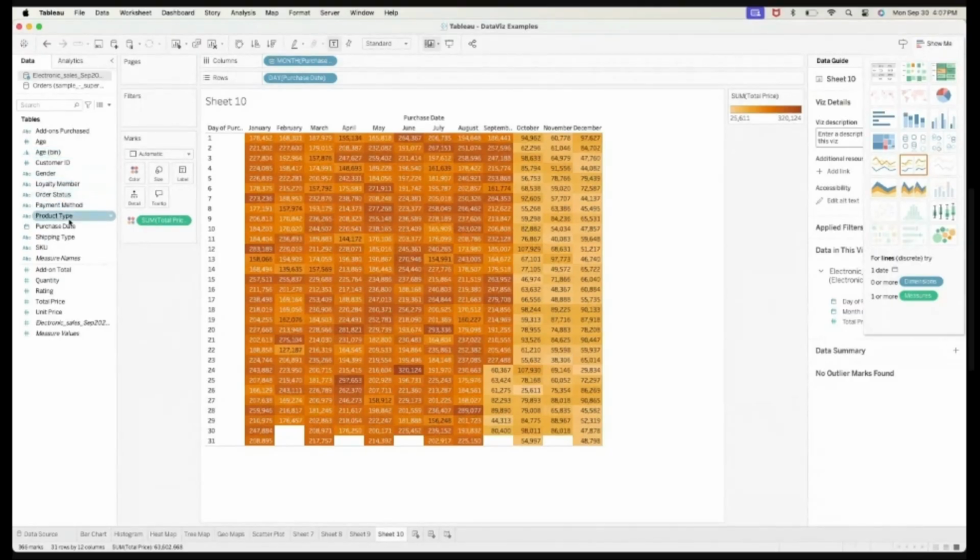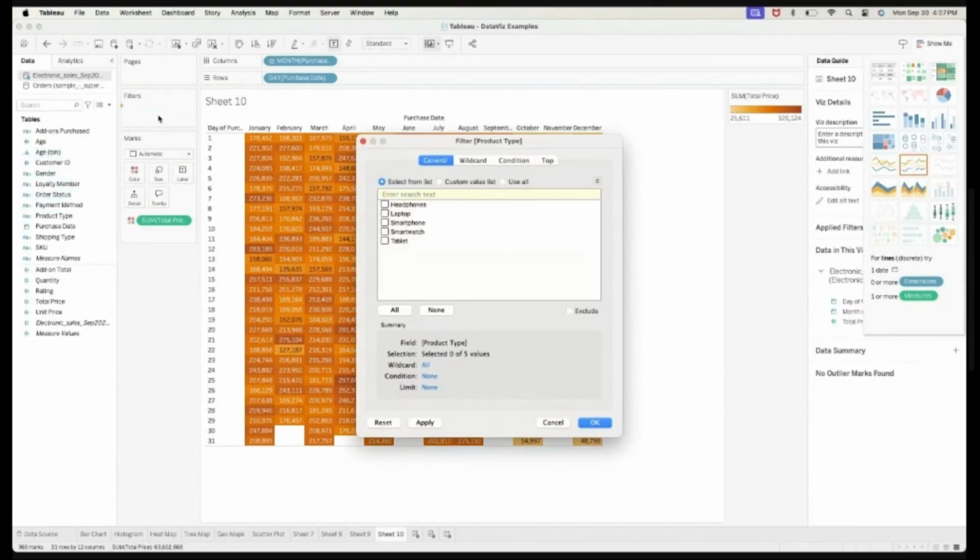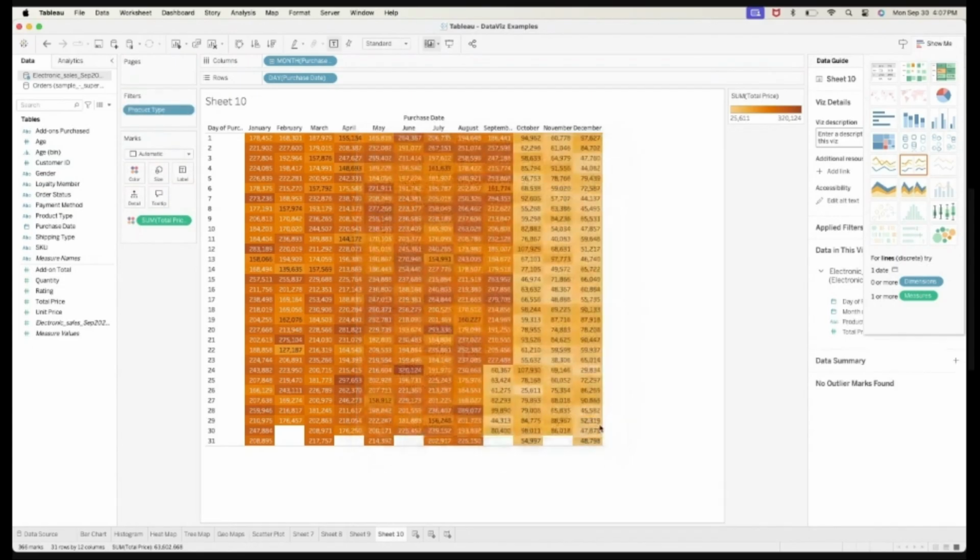That's another product type. Product type. For now, just all. Okay. And then if I want it dynamic, we can add it here. Wait.